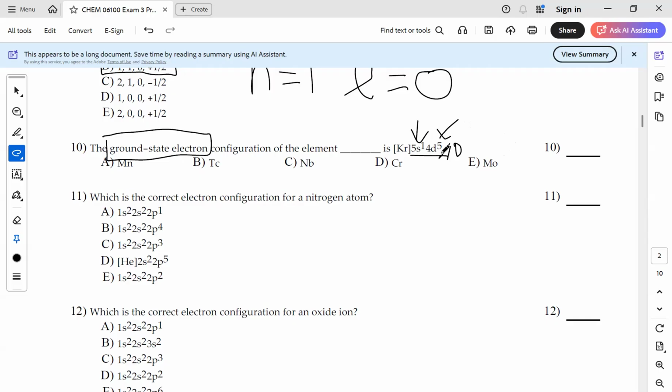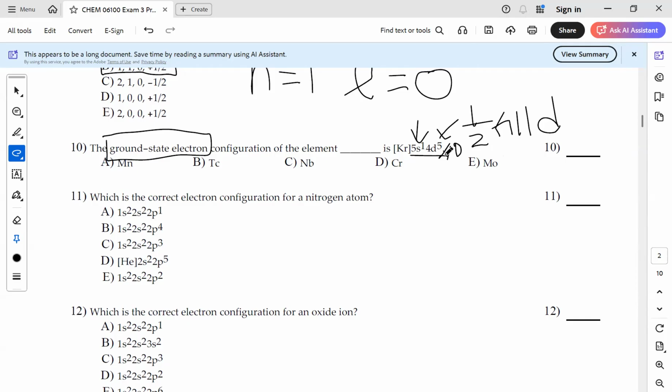So you would fill this as normal on the exam, right? So you would just fill the 5s first, and you probably won't have d to worry about. But again, this is one of those exceptions where if we half fill the d, I'm sure this was mentioned somewhere in the textbook, it's more stable. So this would give us